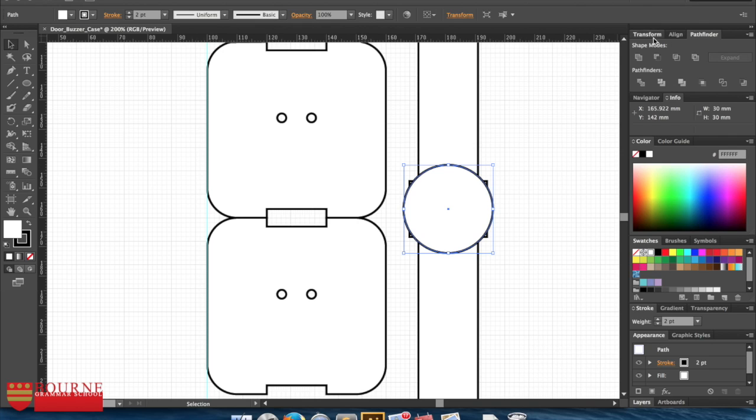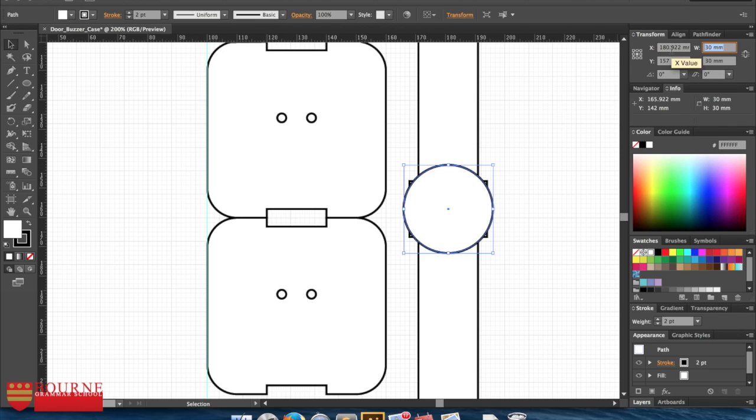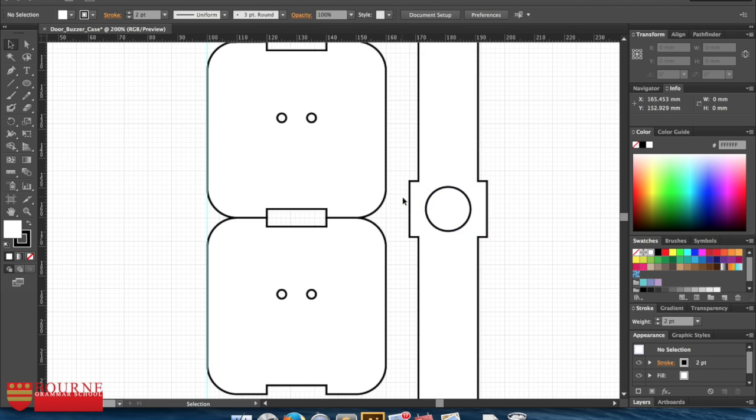I can do that using my transform tool over here. I can make that whatever size I like. Let's go 20 by 20, see what it looks like. That's a little bit too big still. I think I'll go for, let's try 15 by 15. That looks a little bit more sensible. So I've got a 15 by 15mm hole that I'm going to cut out there,